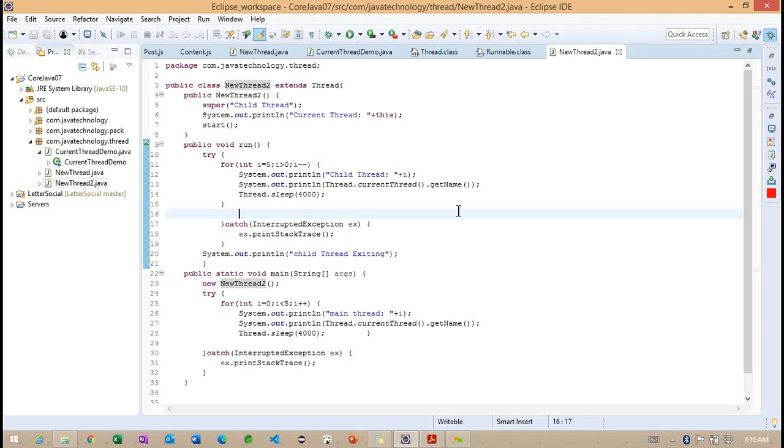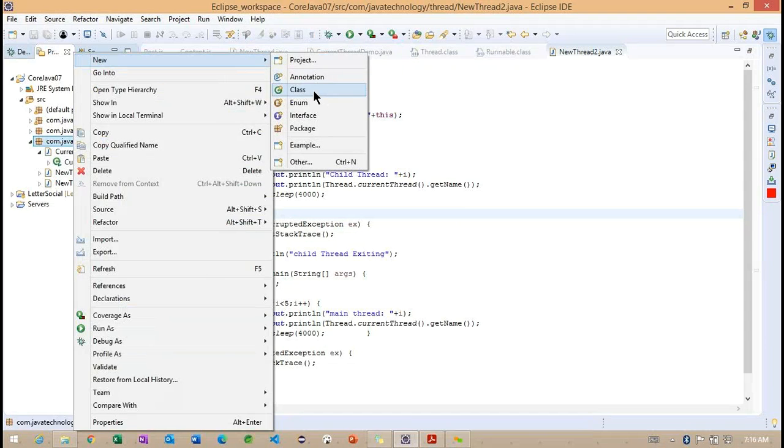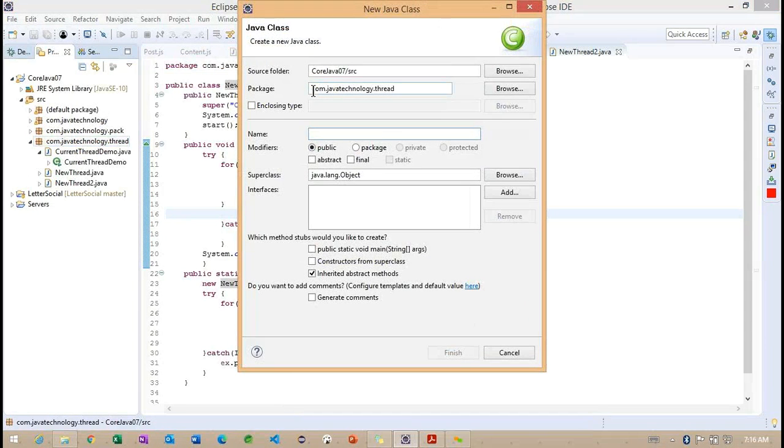In Thread, we have three priorities here. So let me create a class here. I want to create a simple example, something called Clicker.